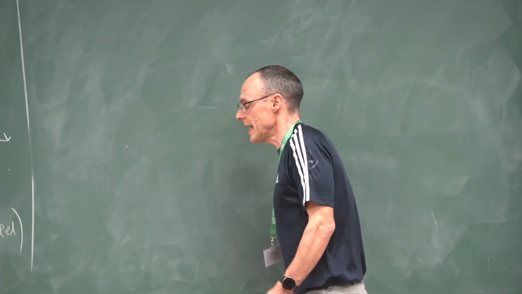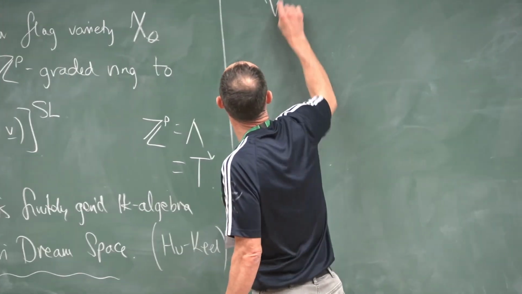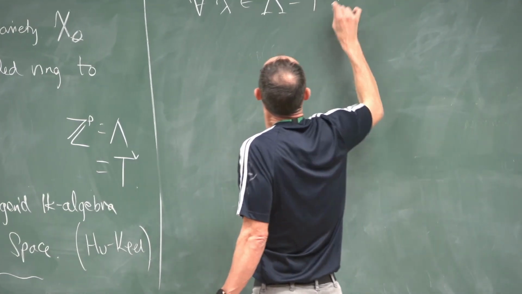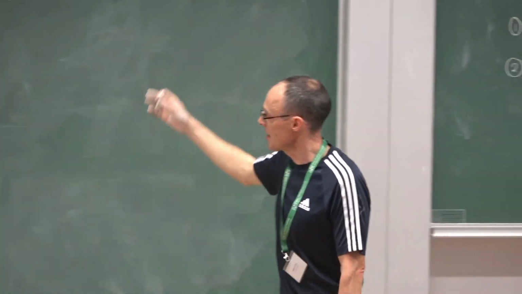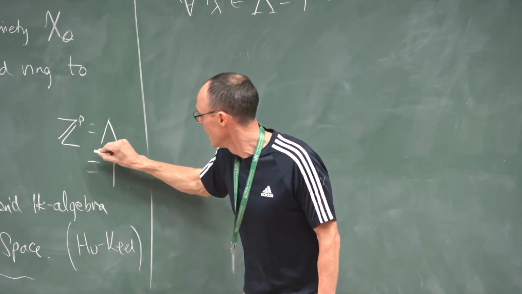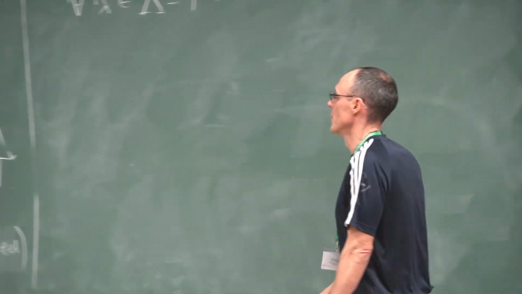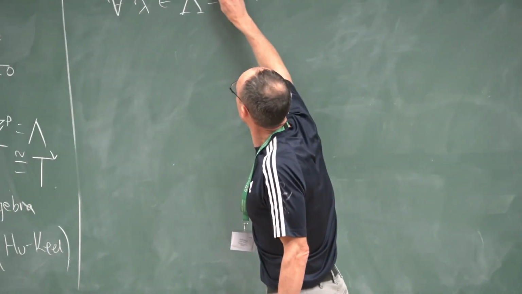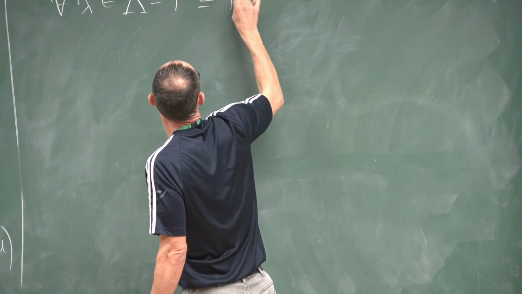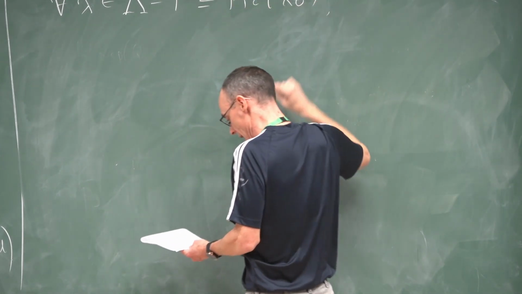But what this says in particular is that for all characters Lambda, I mean, there's an isomorphism from Lambda, I think Lambda I defined to be the character group of G. But, so there's an isomorphism here. So for all characters, and this is isomorphic to Pic of X_theta,